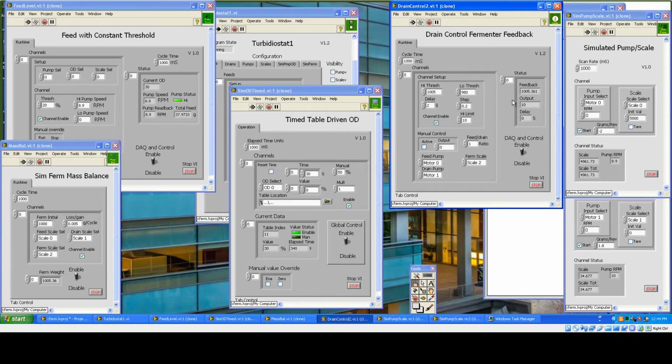Now, one of the things we're noticing here is that now we've railed. We're up against the output limit 10, and this is still moving up slightly. That means our high limit is a little bit low. Now, we could just leave this and let it accumulate, because we're outside the limit and we can't really pull it back in based on our high limit being slightly low. However, eventually the OD will turn off, and we'll be able to get back in